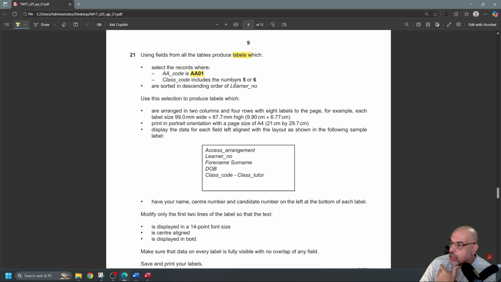Class code includes the numbers 5 or 6. Are sorted in descending order of learner. So I want descending order of learner number. Use this selection to produce labels which are arranged in 2 columns and 4 rows. So I need to make sure I've got 2 columns and the resulting page, each page should only have 4 rows